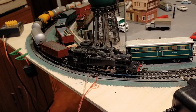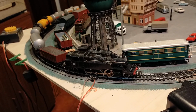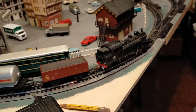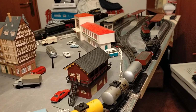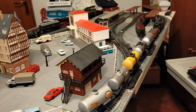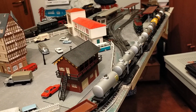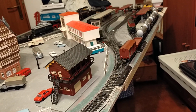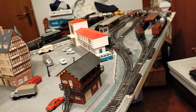I'll leave you with a final lap of our tanker fuel train, hoping that there will be no disasters. And as the train heads away, oh, a good wheel slip, we need a...